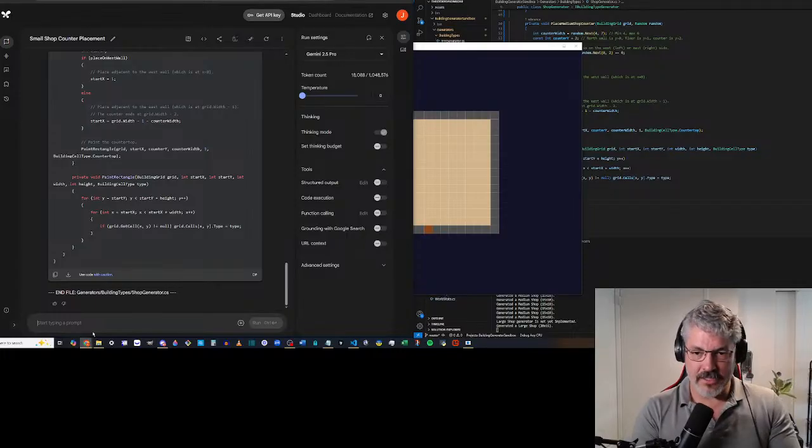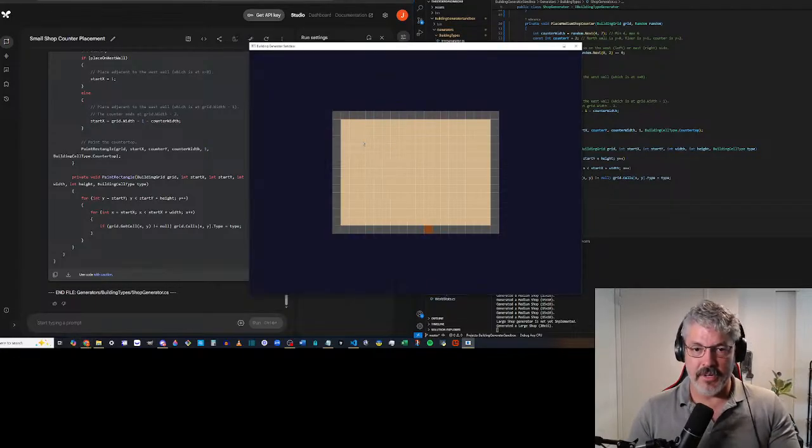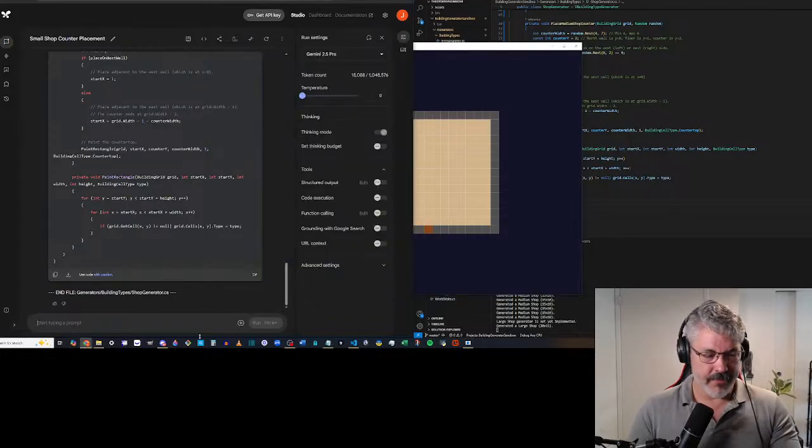All right, so I'm just going to do a countertop straight across, but since this is going to be bigger, I want to make more space. I want to make this thing feel like it's a commercial operation. So I'm going to have 2 rows of tiles. All right, again, looks good.